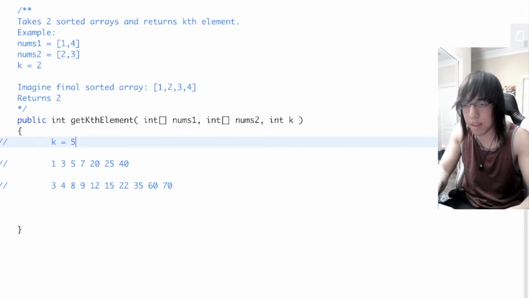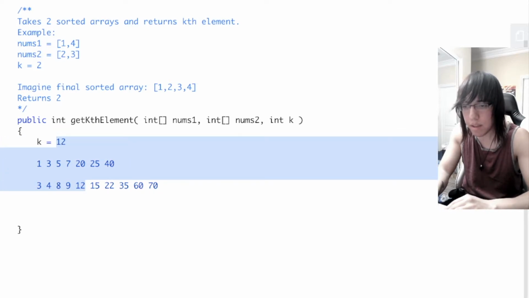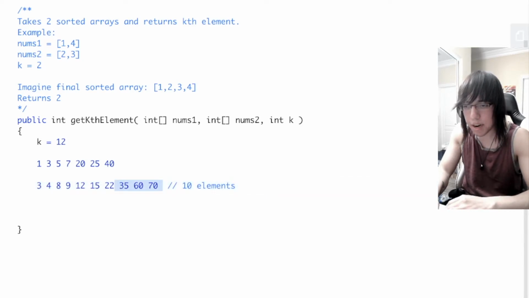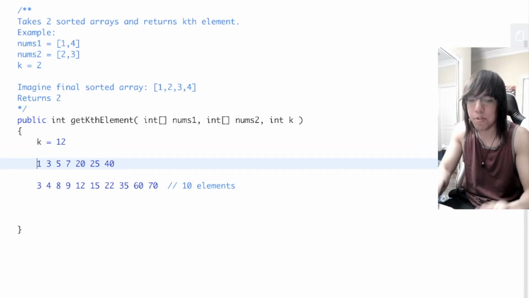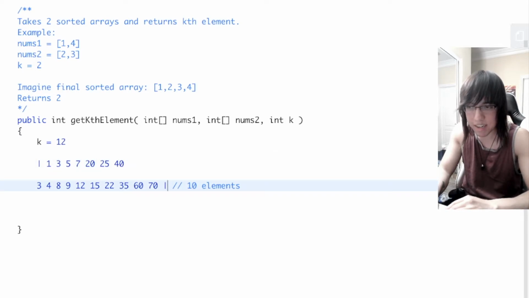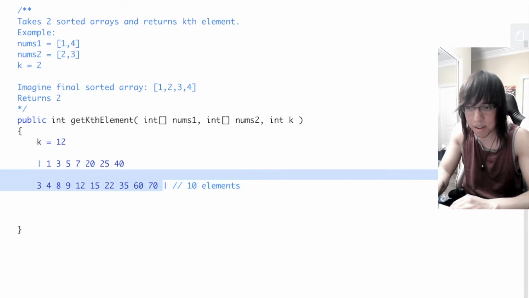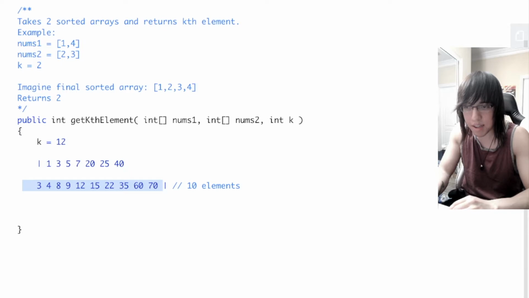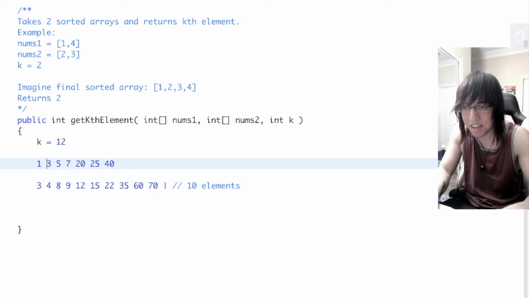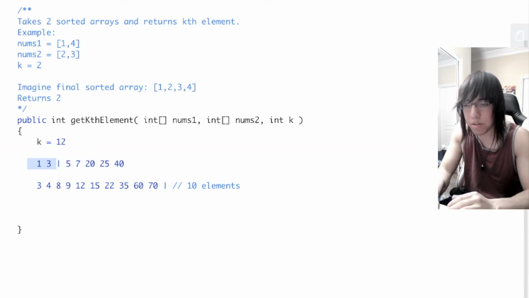Let's say that k equals 12 here. Let me comment this back in. There's 10 elements in this array here. So if there's 10 elements here, but k equals 12, well, that means we need at least 2 elements from the first array. And for example, let's say I didn't take 2 elements from the first array. Let's say I just partitioned this first array like this, where I take no elements. So if I took no elements, that means I have to take as many elements from the other array, because I need 12 elements, but the most I can take here is 10. There's only 10 elements here. But I need the 12 smallest elements, so therefore I need at least 2 from this array here. So that's why,